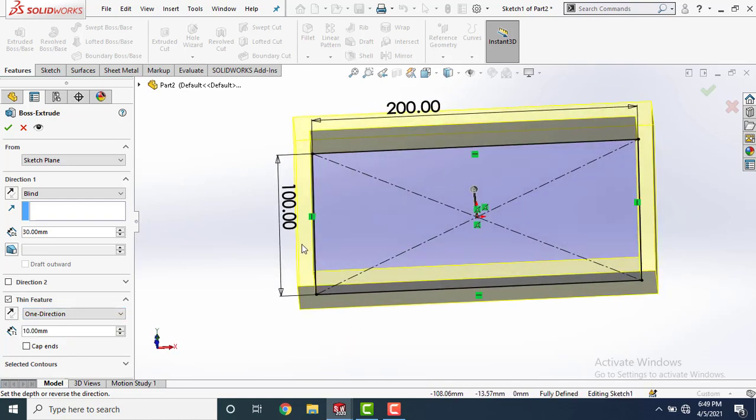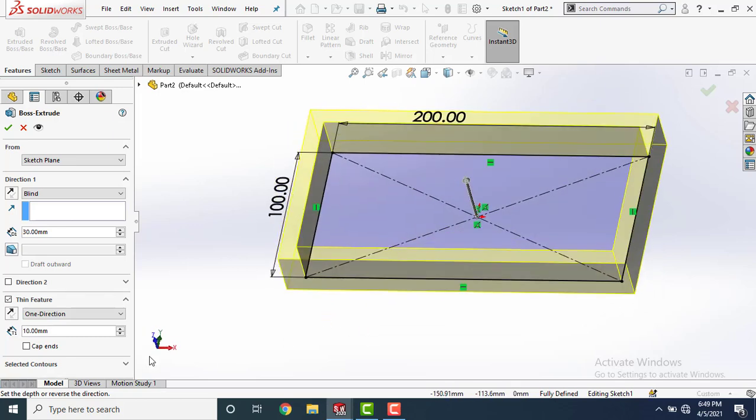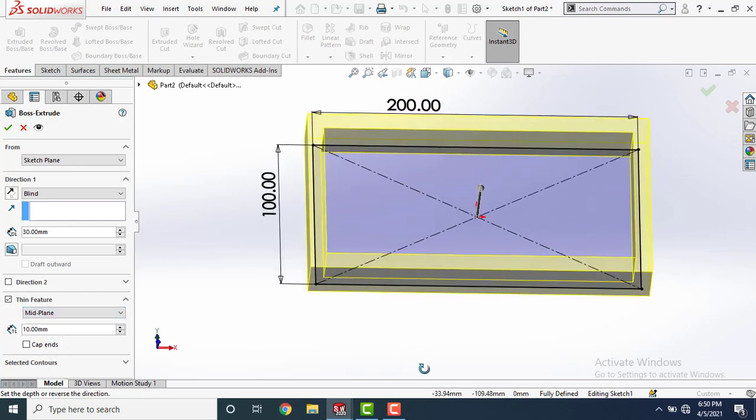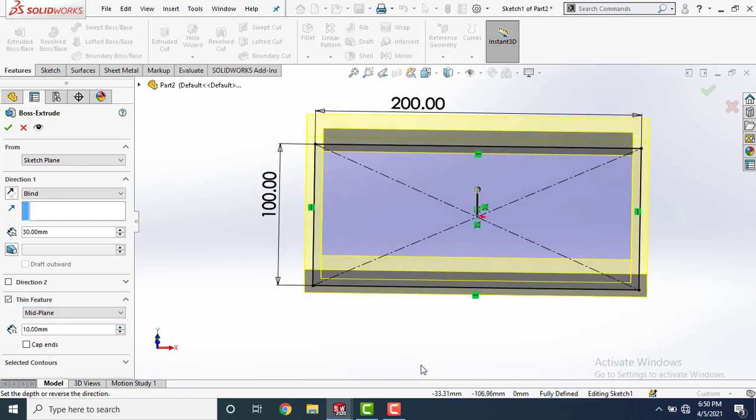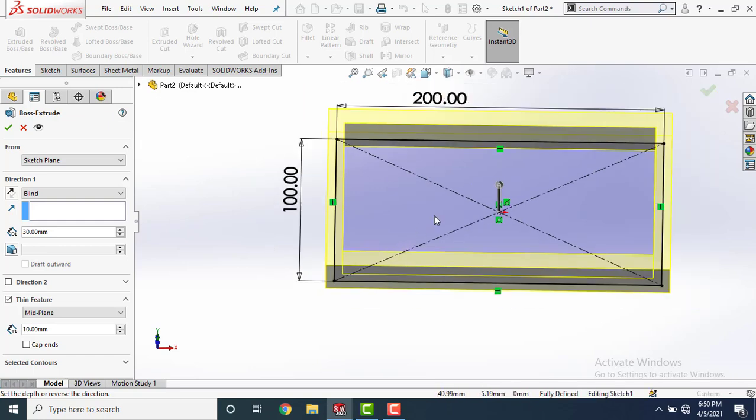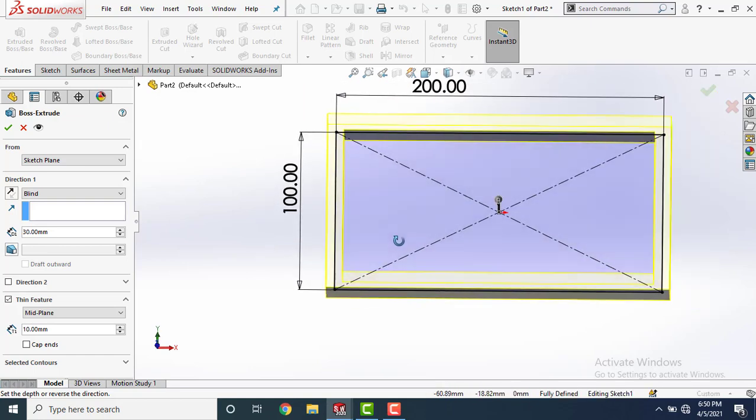The body is extruding in the direction outside of the sketch. When you click on mid plane, the body is extruding on both sides of the sketch, 5 mm inside and 5 mm outside, total 10 mm.